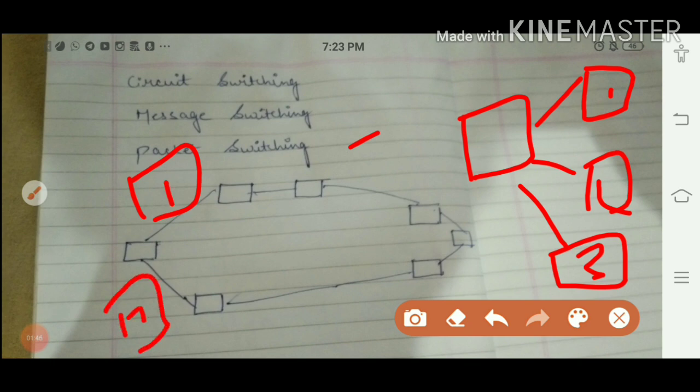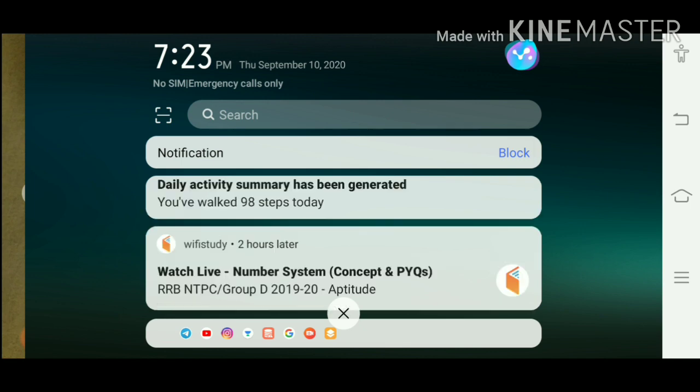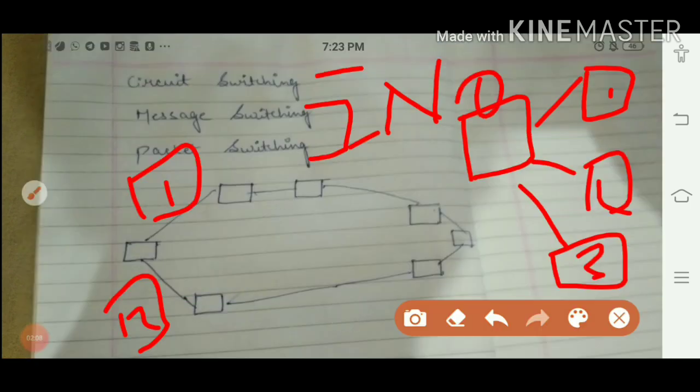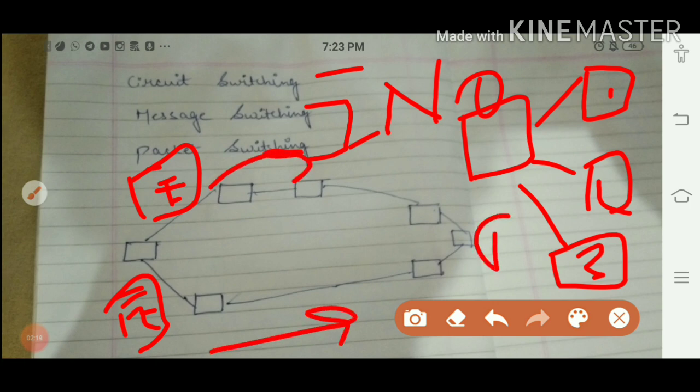Children, yesterday two children asked me a few different questions. First, one child asked, ma'am, in circuit switching we follow one dedicated path, so is this applicable to message and packet switching, do we also follow a dedicated path here? The answer is no. Here there is no need to follow any dedicated path. In packet switching, all the packets carry the destination address. So whether a packet moves from this side or that side, they all have the receiver address, so the packets will reach the destination.